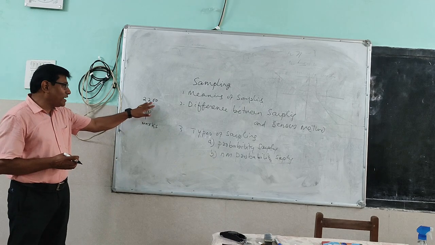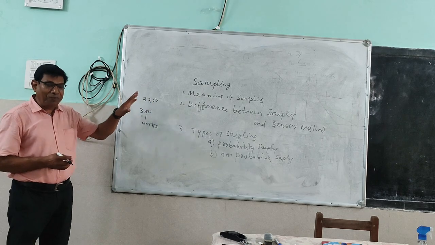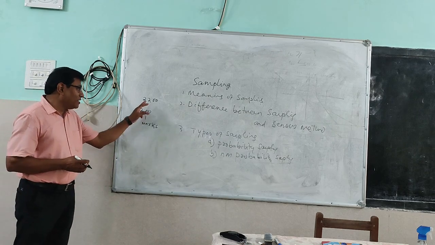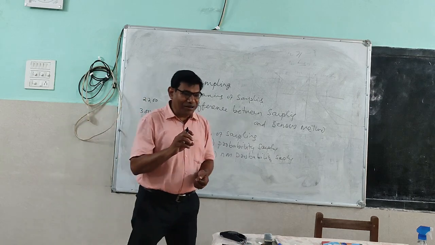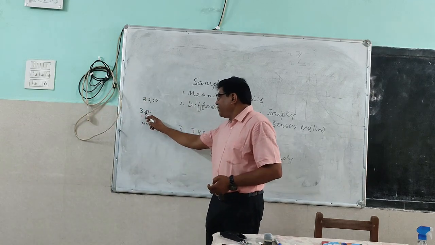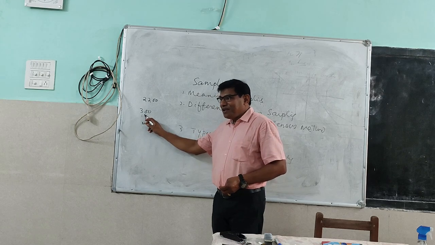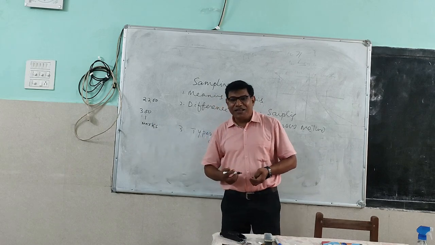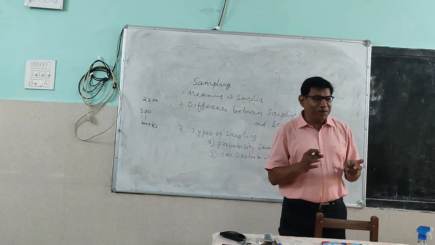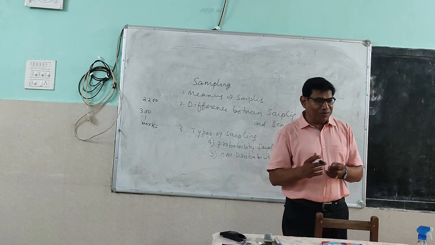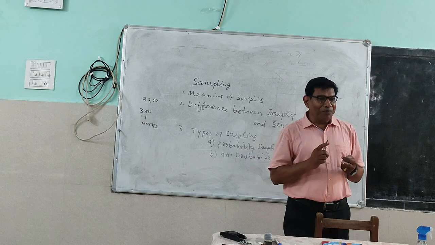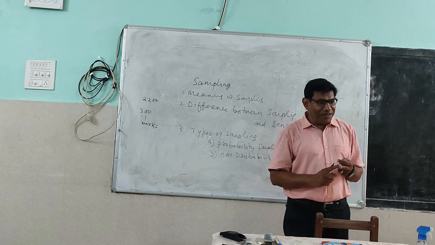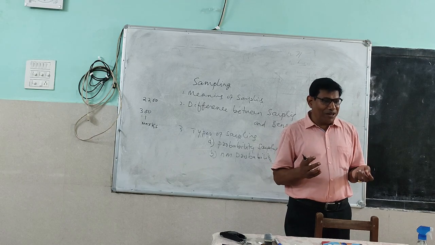So it is not possible to collect data from each and every unit of population because at any point of time all students may not be available. So what we are doing? We are adopting a sampling method. Out of these 2,200, we will select 300 samples. These 300 samples may be from social science 100, from commerce and management 100, from science stream 100. There are different methods of selecting the samples, and once we select the samples, we can collect data from them and make a conclusion. So why are we using sampling method? Because it is easy to collect data. It is time saving, it is cost saving, and sometimes the entire population may not be available.